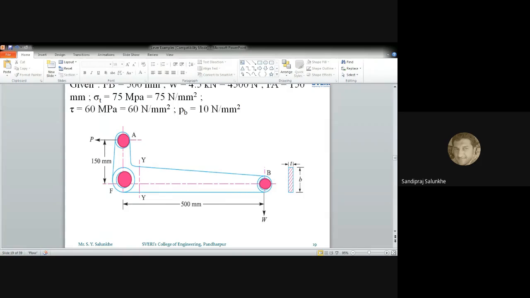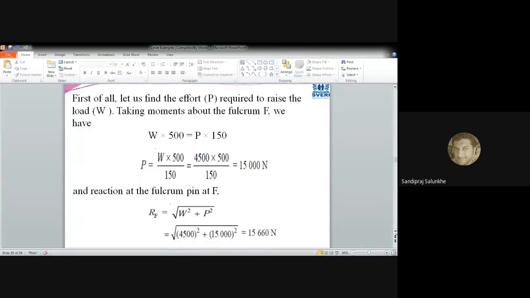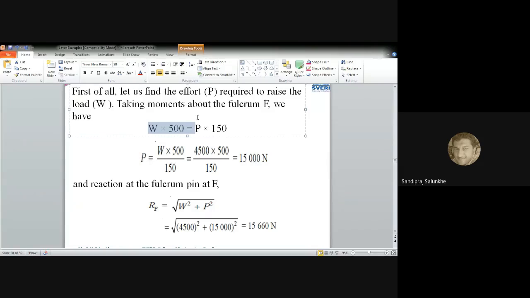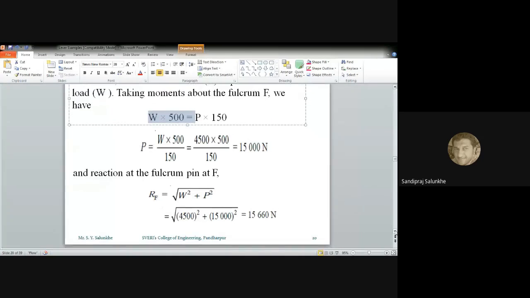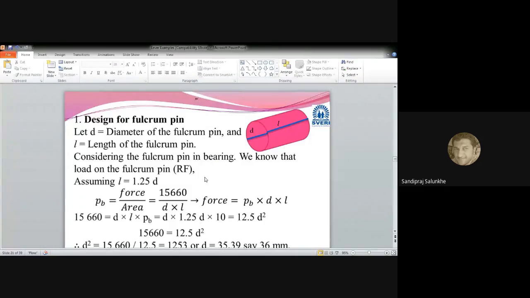So these three pins we have designed, and then afterwards we are about to design this lever. First of all we have calculated P by using this W. Later on we have calculated the reaction at the fulcrum, RF,